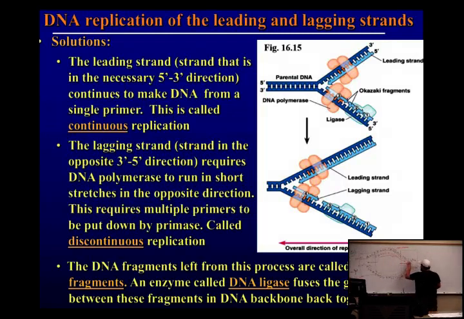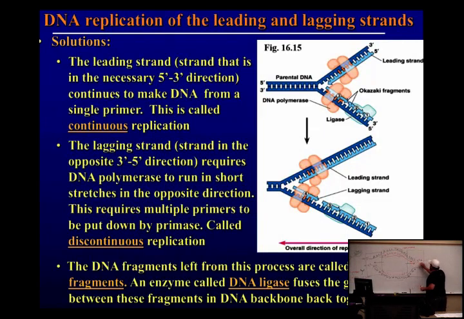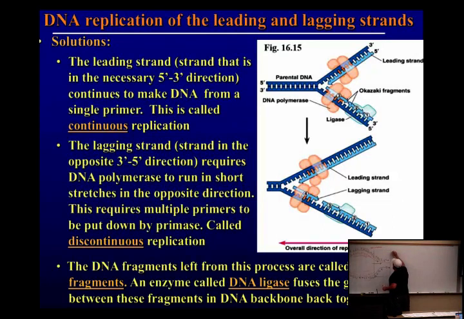I told you guys that we copied the DNA in both directions on both strands simultaneously, but that seems literally impossible by looking at this, doesn't it? And how it does it is that there's a trick that we can lay down a primer and go in this direction, right? So if it's moving this way, where's orange? Is that this one, it can continue to be copied. So this strand is called continuous, or it's also called the leading